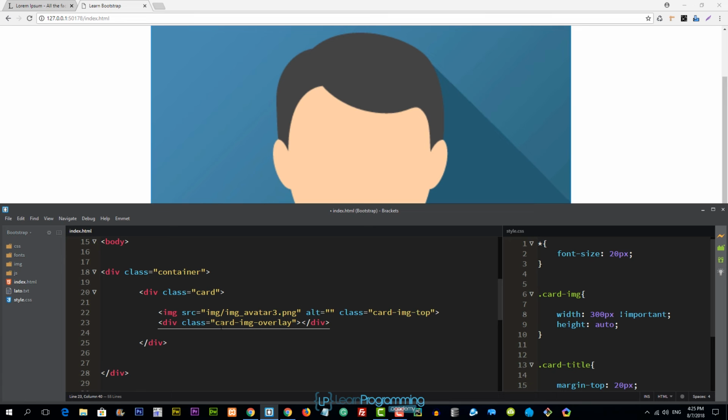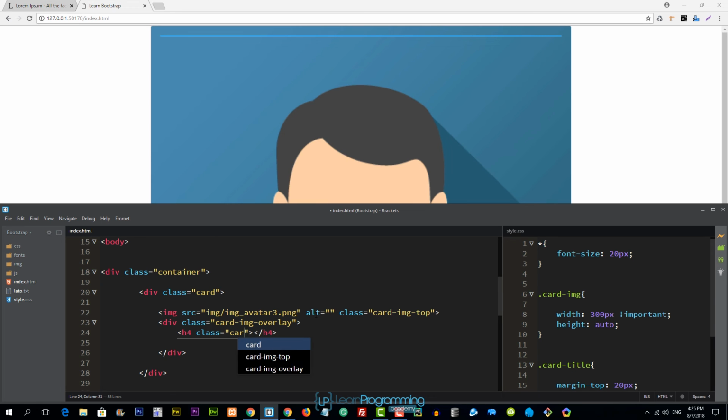I'm checking for my typos as well. Card-img-overlay seems all right. And over here I'm going to take an h4, and I'm going to type card-title, John Doe, of course, and p, and that should be card-text, and I'm going to add the content later on. Let me just take our button, something that we would convert an anchor tag to become one, and